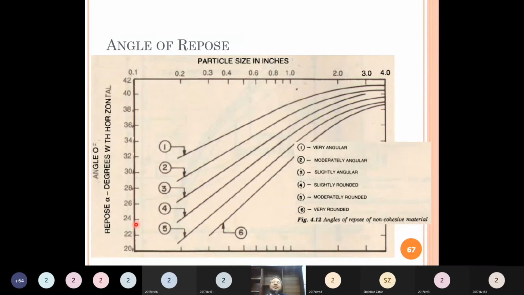Again the angle of repose is increasing. ठीक है ना? So this one is angular, very angular, highly angular size of the sediments है, और यहाँ पे maximum कितना है भाई? Angle of repose of the soil 41